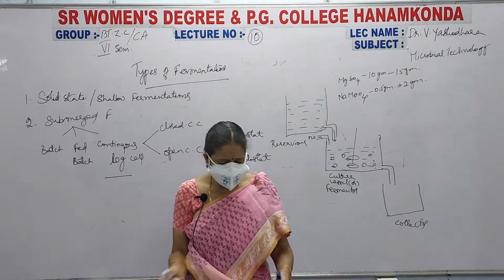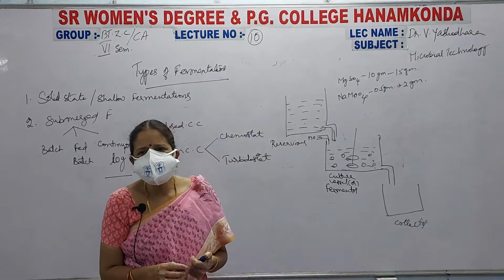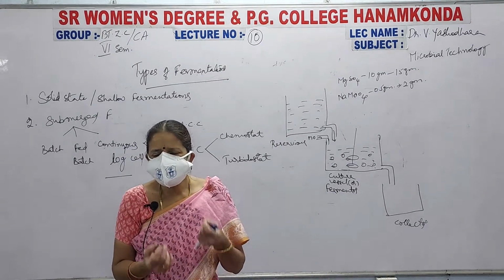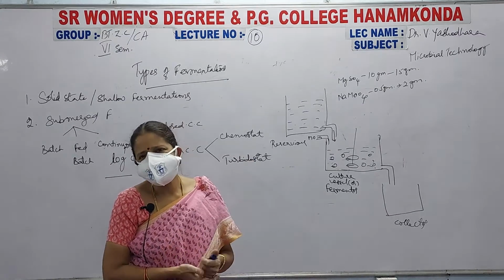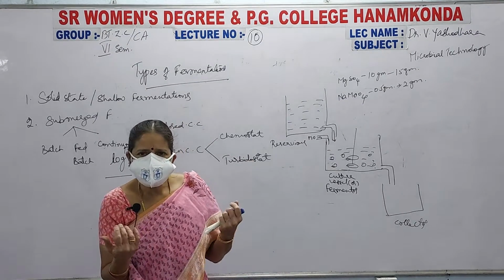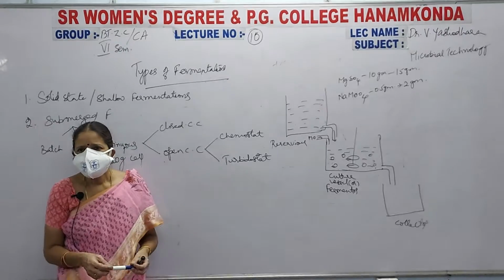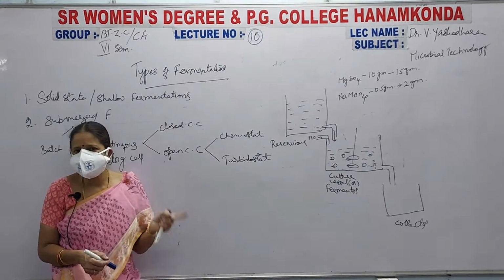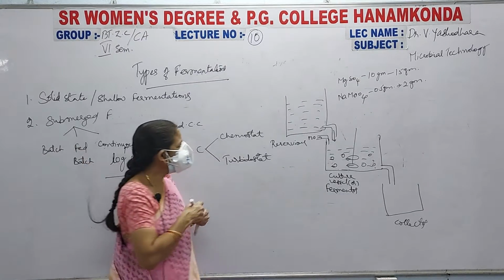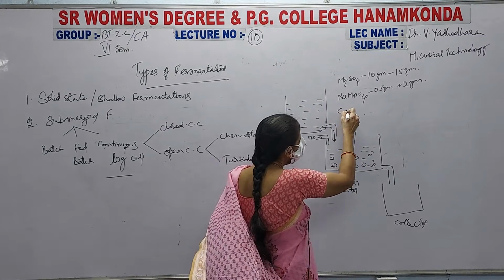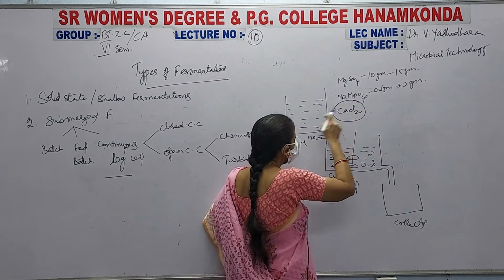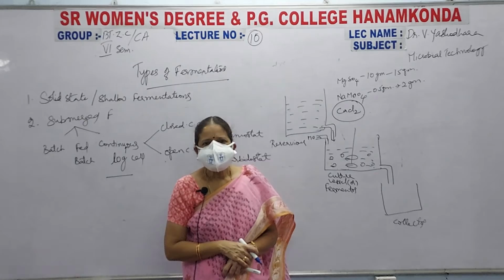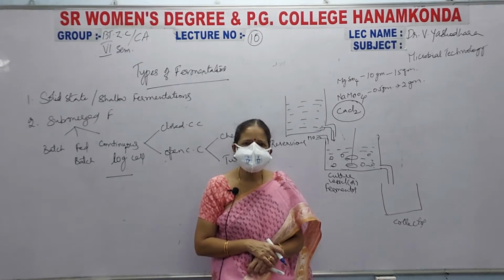During the process of fermentation, the media chemicals should not get depleted or exhausted because of the feeding of the microorganisms on the chemical medium. An excess amount of all the chemicals is added, excluding one special chemical which is very much essential for the cells to enter into log phase or division phase. So you will be adding all the chemicals except calcium chloride. Calcium chloride is very much important for the growth of the cells, that is, division of the cells, so that cell division chemical, calcium chloride, is not added into this